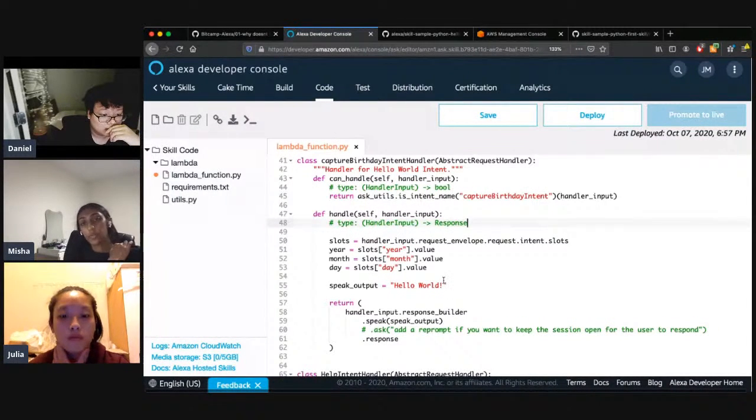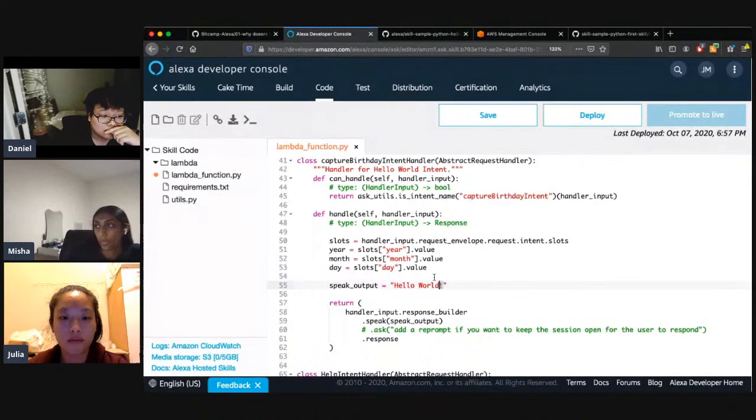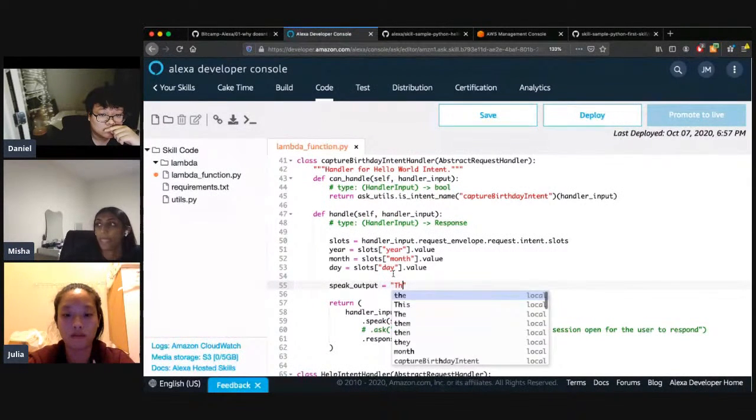So basically what you just pasted in is going to get those slots that we defined, whatever the user said in place of those, it's actually going to get those values. So now we have them in the year, month, and day variables. And then we're going to have Alexa respond to that. So you're going to replace, for speak output, put, thanks, I will remember that you were born on,